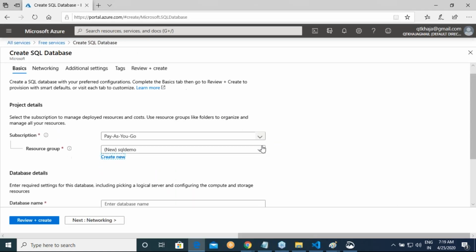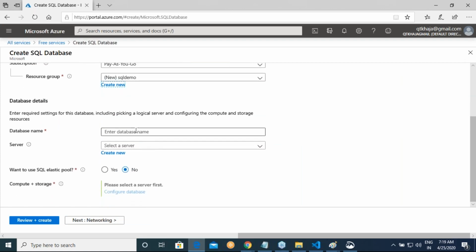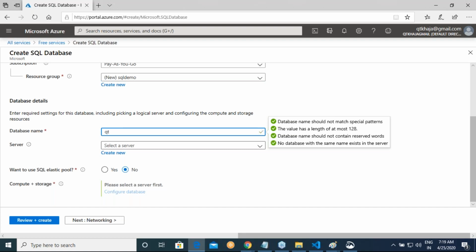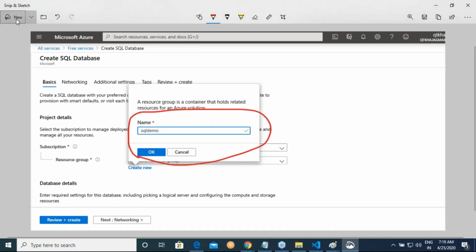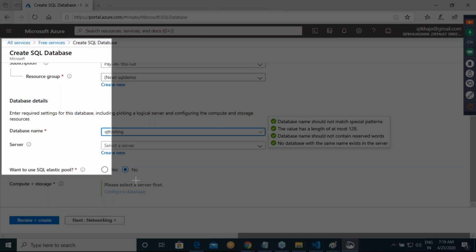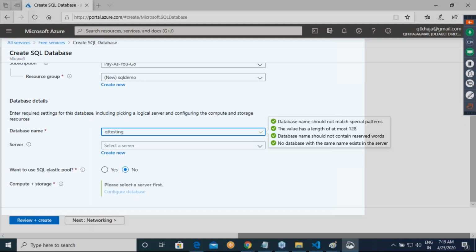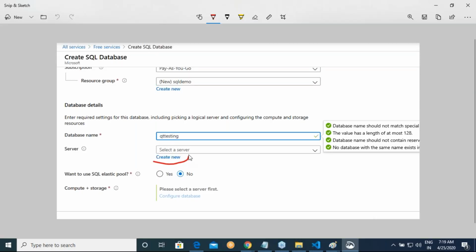Right, and now once you scroll down, give some name to the database, so Qt testing. Then you need to select a server, but by default you will not have a server, so you have to click on create new.